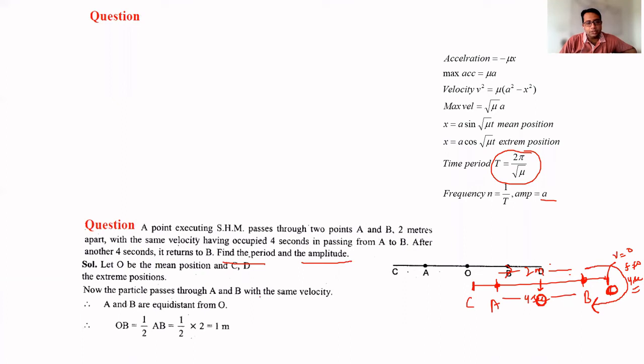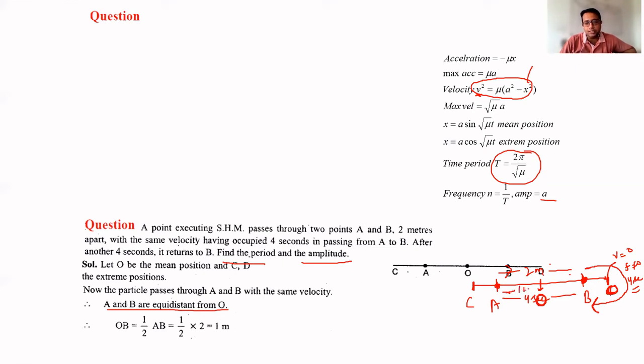Now the particle passes through A and B with the same velocity. So A and B are equidistant from O. That's why they are on the opposite sides of O and will be equidistant. Because if the value of x is the same, the velocity will be the same. Whether the value of x is positive or negative, if the same value is put in, the velocity will be the same. So x on this side and x on this side must be equal, and the total distance between A and B